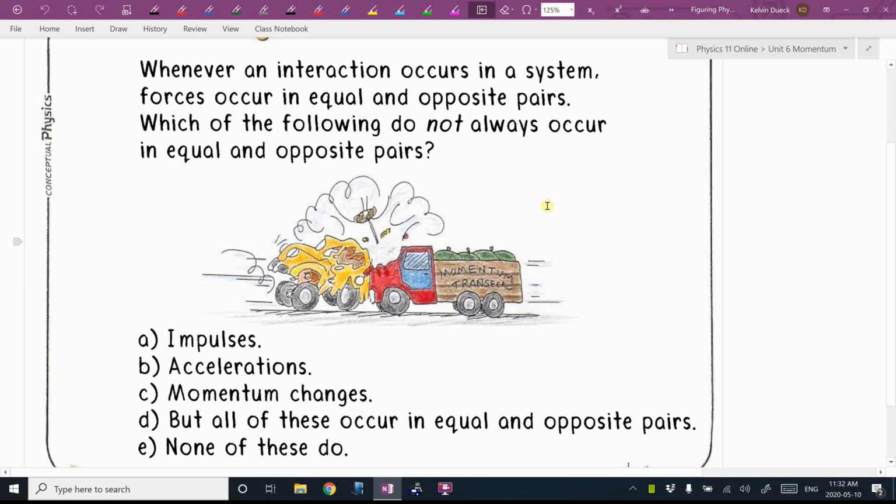It says this. First of all, we have a thought puzzle. Whenever an interaction occurs in a system, forces occur in equal and opposite pairs. Which of the following do not always occur in equal and opposite pairs? So which of the following don't always occur in equal and opposite pairs? Well, what I know here is